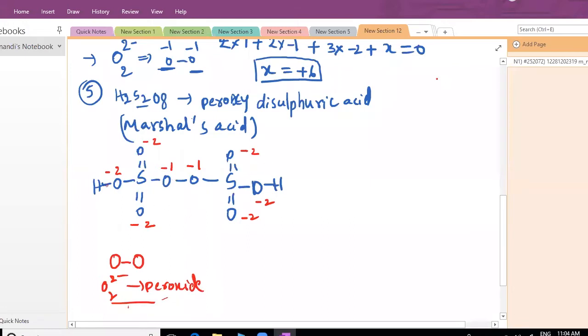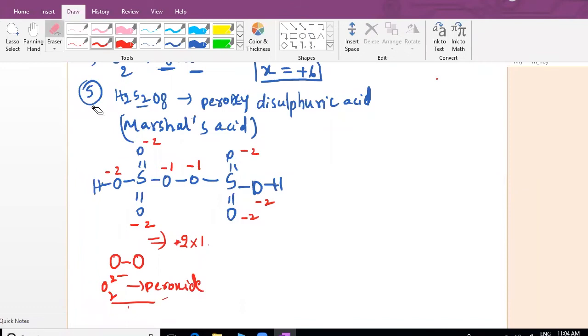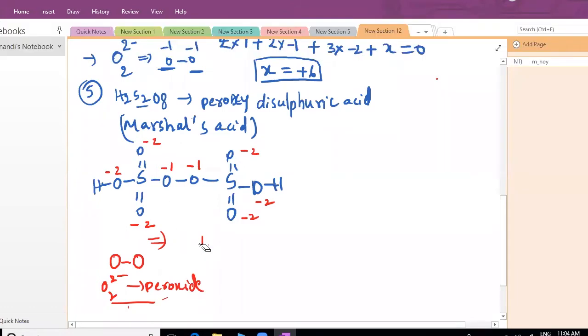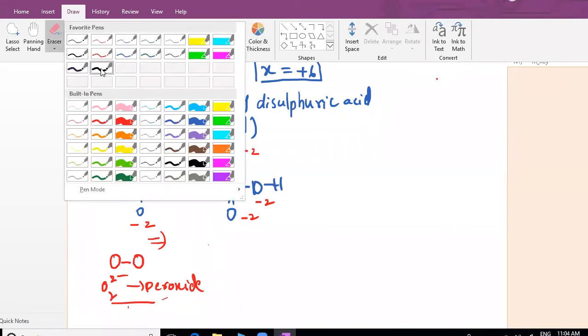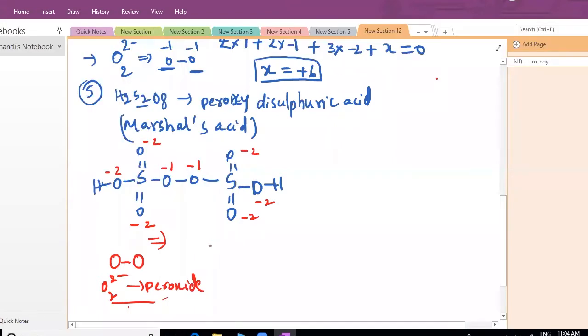Here we can find how many hydrogens total in this molecule? 2 hydrogens. Each hydrogen oxidation state how much? Plus 1. So 2 into 1. Clear? You can see here 2 hydrogens. You can write 2 into 1